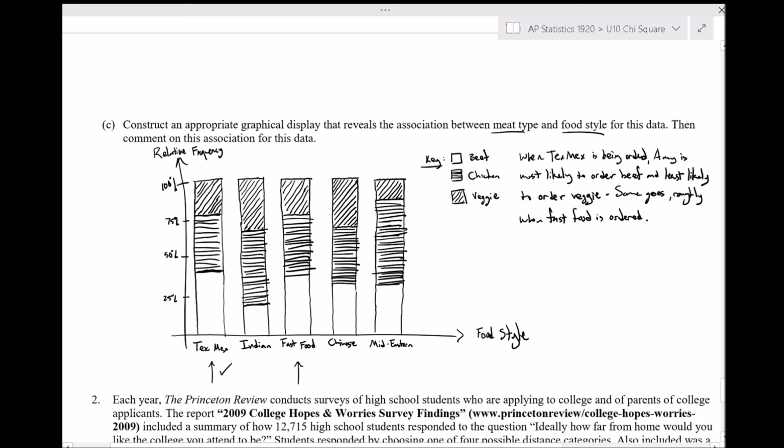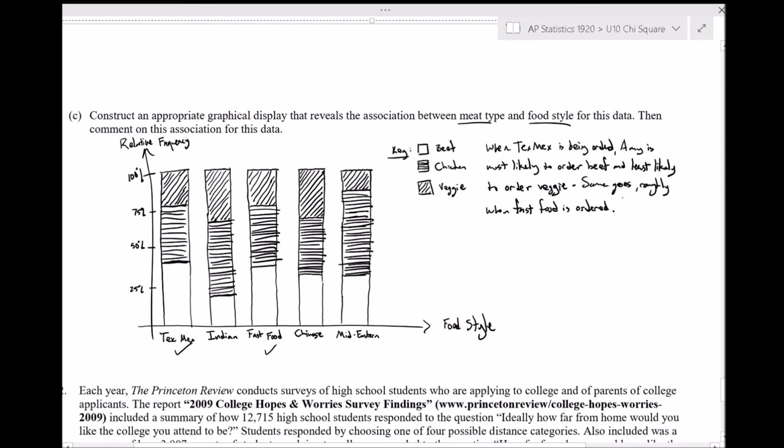So I'm going to pause again. I have this one done, and this one done. So Tex-Mex is done. Fast food is done. Let's look at Indian. So Amy is most likely to order, what was it, chicken? If Indian or Mideastern food is ordered,